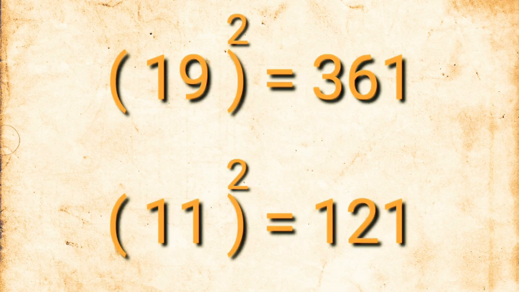किया, 19 में लास्ट डिजिट 9 है, 9 का स्क्वायर किया, आपके पास आंसर आया है 361, तो लास्ट डिजिट क्या आ रहा है आपके पास यहाँ पे 1। Similarly 11 स्क्वायर it will be 121, in that last digit is 1। चाहे वो नंबर एंड कर रहा है 1 से चाहे 9 से, उसका जब आप स्क्वायर करोगे तो आंसर जो आएगा, आउटपुट आएगी, वो एंड किससे करेगी, 1 से।